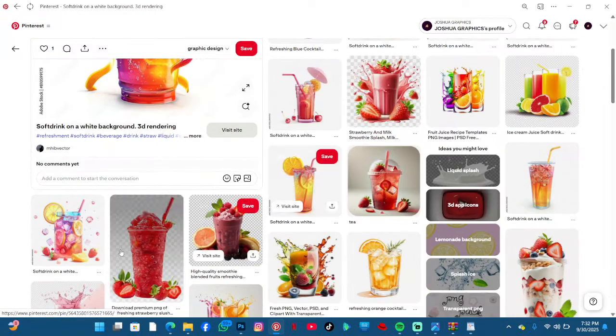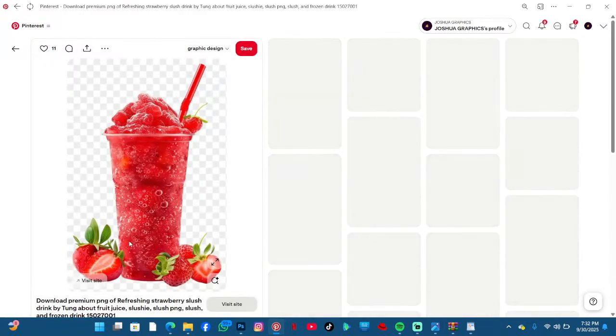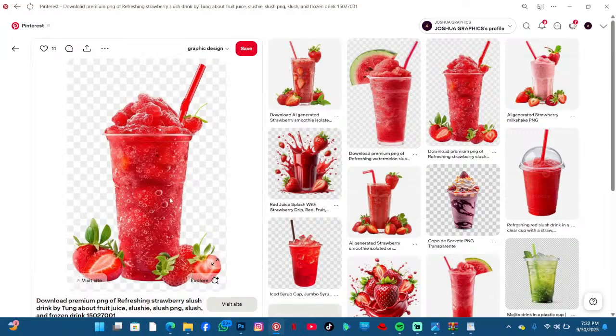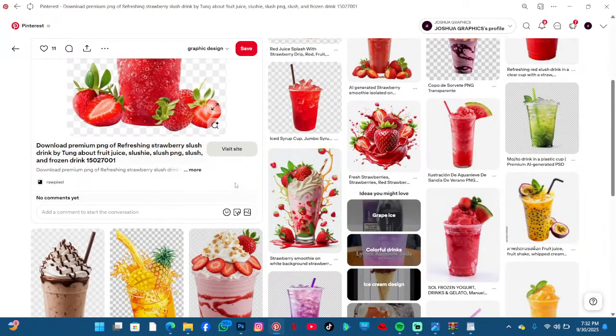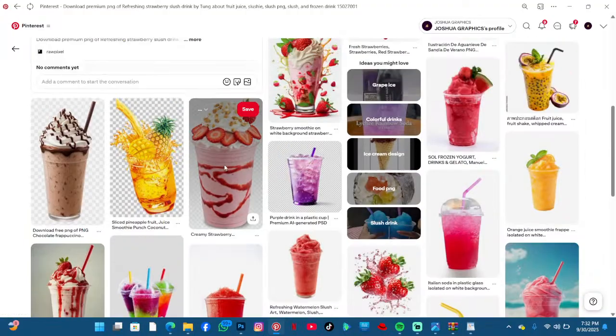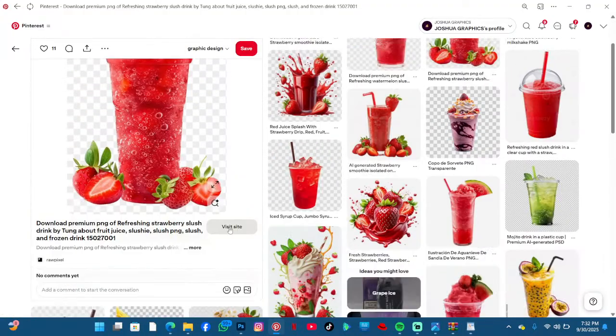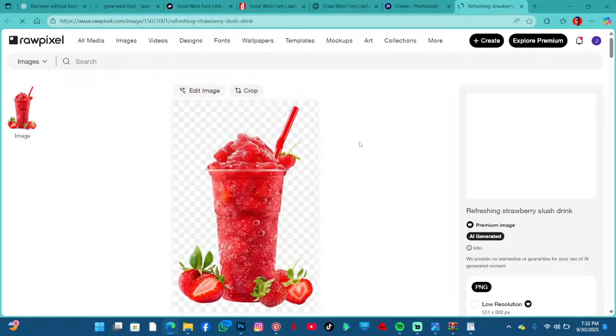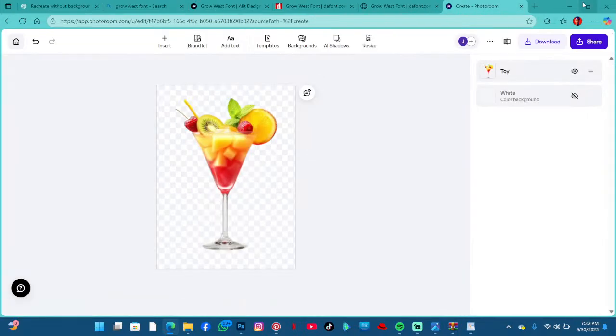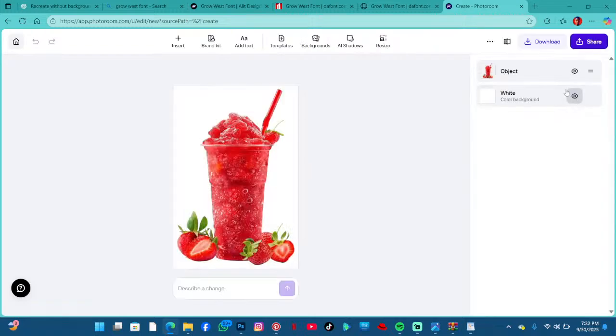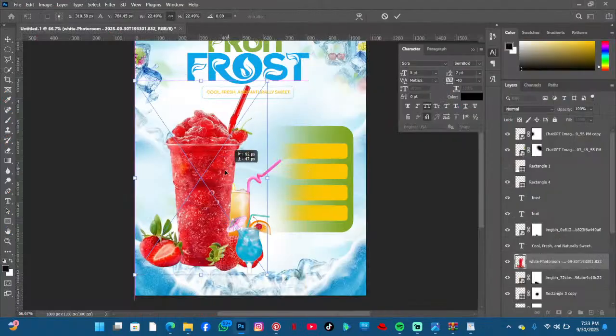Let's check. Let's see what about this one. And visit the site, see if it's going to load this one, but I can't. So just going to remove the background here, and also